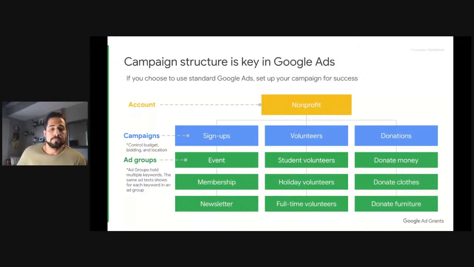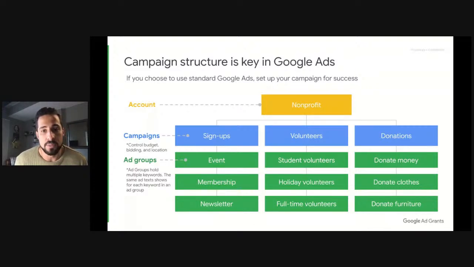Great. And now getting into what the structure of Google Ads is. As you can see here, at the very top, you have your Google Ads account, which will be your nonprofit's account, followed by the campaign itself, which is where you're going to be controlling the budget, the bidding, setting your bidding rates, as well as some of your location targeting and all that. Followed by ad groups, which is where you're going to be adding in the keywords and search terms that you want your ad for, where you want your ads to surface when folks are looking for key terms on Google